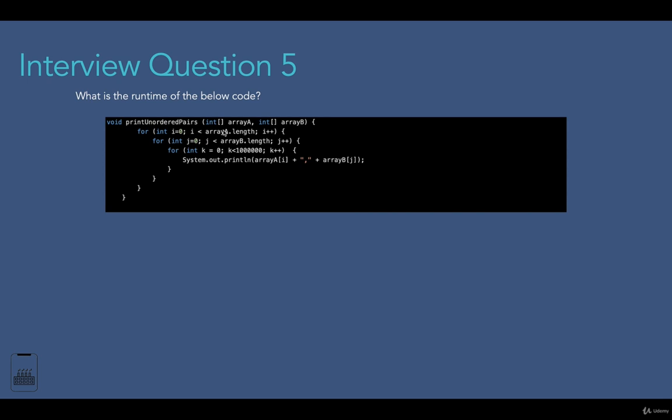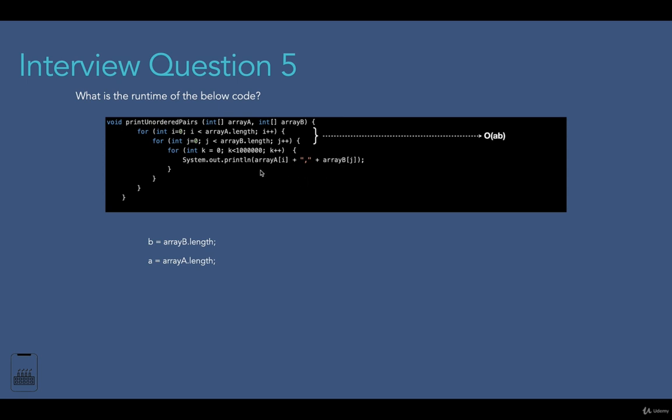So, we are looping through this array. Then, after looping, we have another loop which starts from 0 to 1 million and prints out the pairs of these two arrays over here. Now, we know from the previous lecture that if the length of array B is B and the length of array A is A, then this part of code will take O(AB) time complexity, because for each element of A, we are traversing all elements of B. So in this case, we are multiplying and we get O(AB).